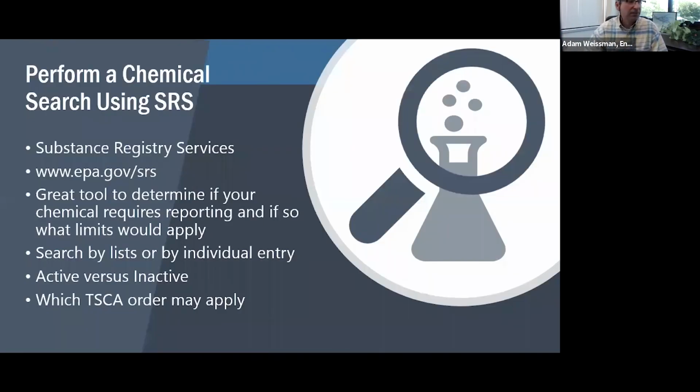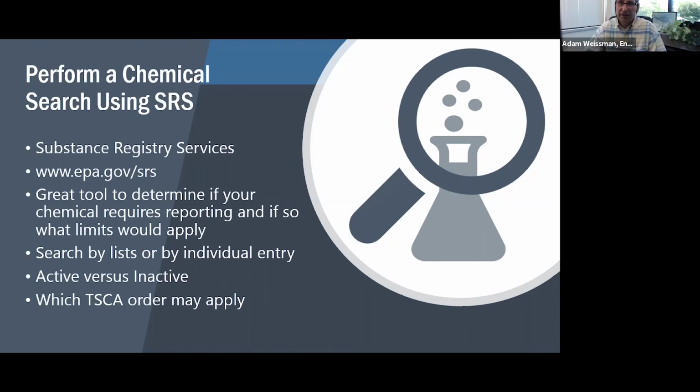One of the tools I know Tiffany's seen and used many times, and I don't know what folks' experiences are with this, but if you've never used the Substance Registry Services, it's really a great tool. You can search by list, you can search by an individual entry, and when you do a search, it's going to tell you exactly which list it's on.